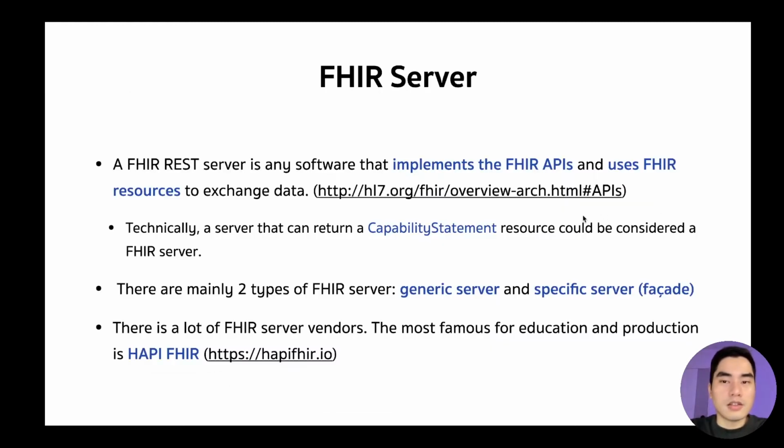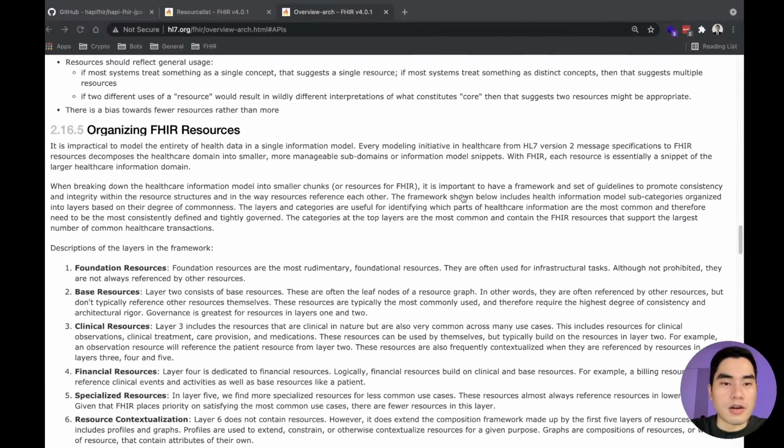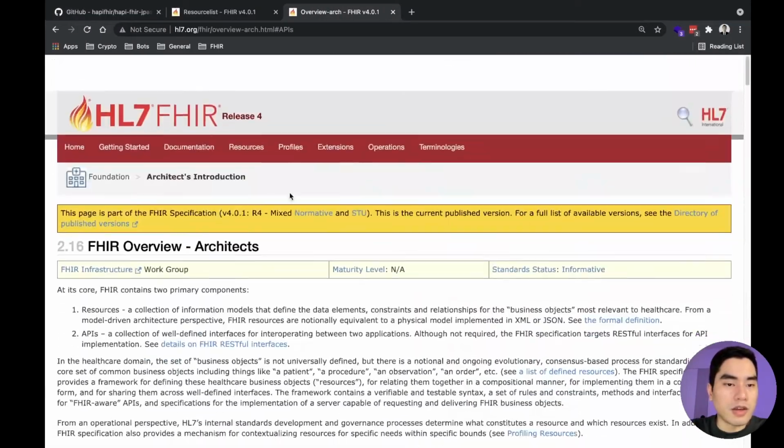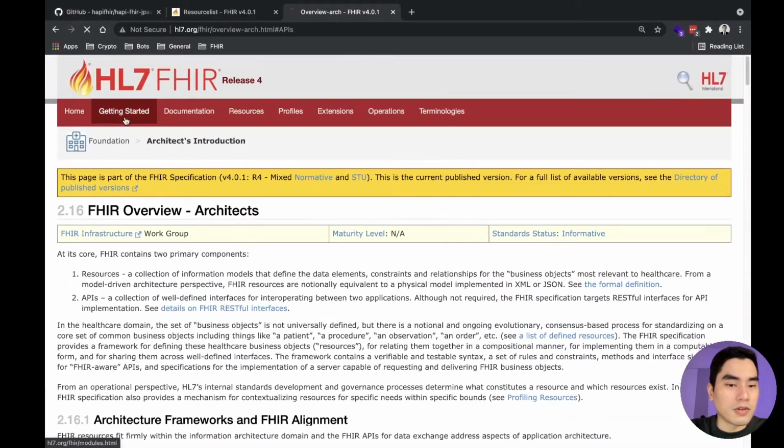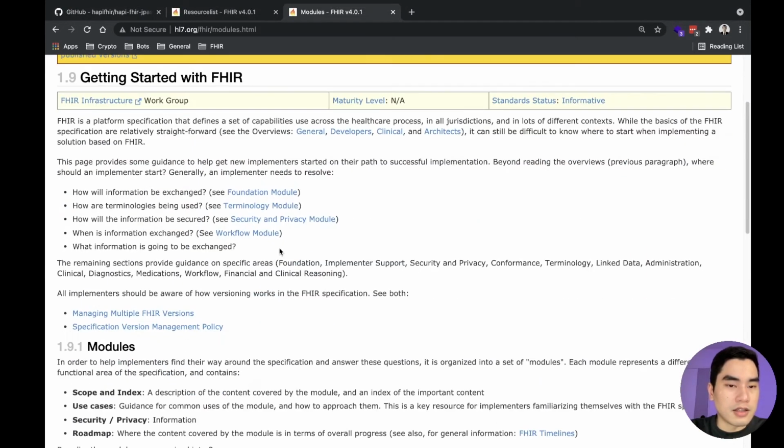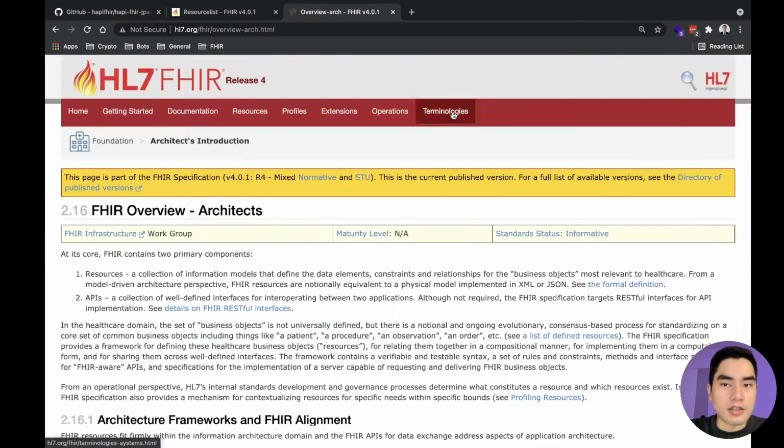Okay. So FHIR server. A FHIR server is any software that implements the FHIR APIs and uses FHIR resources to exchange data. This definition comes from this page, an architecture overview here. You can go here, getting started, and see architecture overview.